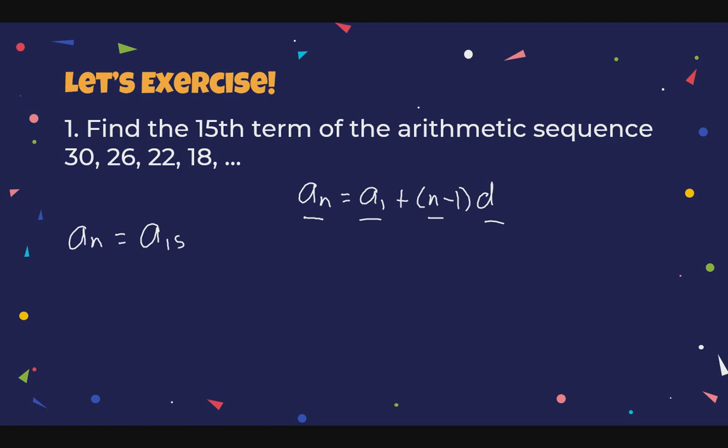Because we are looking for the 15th term. And our a sub 1 is obviously equal to 30. Our n is 15, since the term we are looking for is a sub 15. And the common difference is,